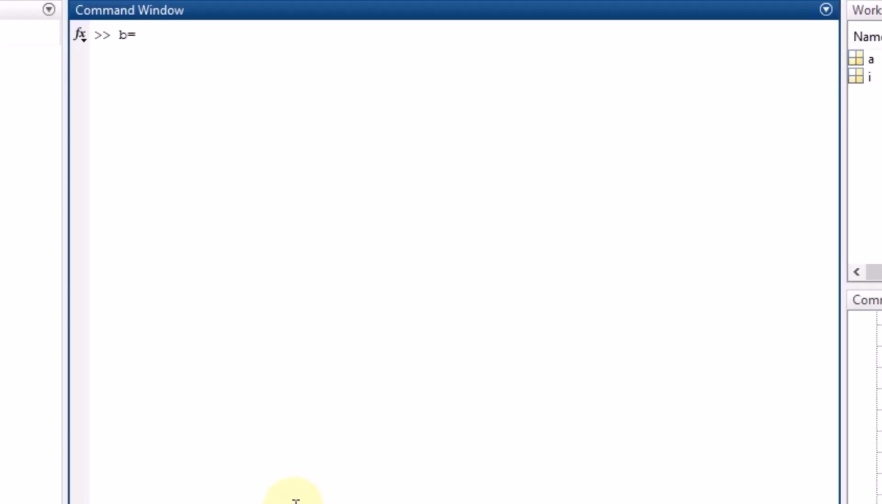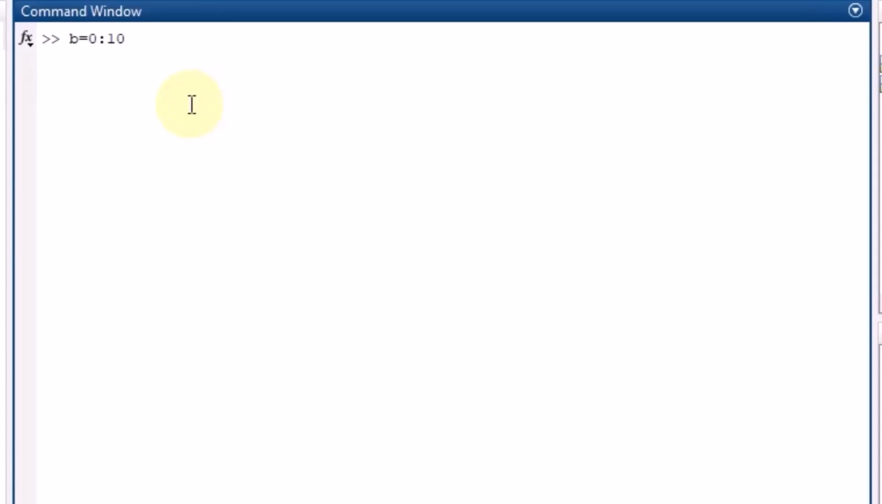Okay, so in order to write all the values from 0 to 100, what you can do is write 0 to 100. Let me call it from 0 to 10 for simplicity, so let us write a small number. When you put it like this, it will write all the values from